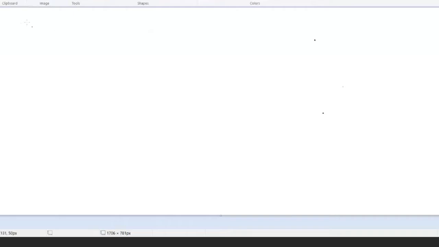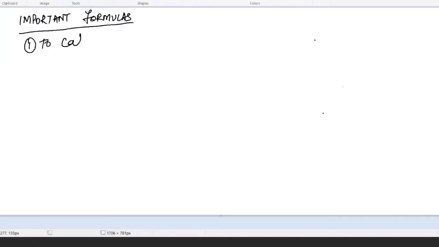So write important formulas. First one, to calculate face value. Suppose the question asked is to find face value, then we have to use this formula. Okay. So to calculate face value,